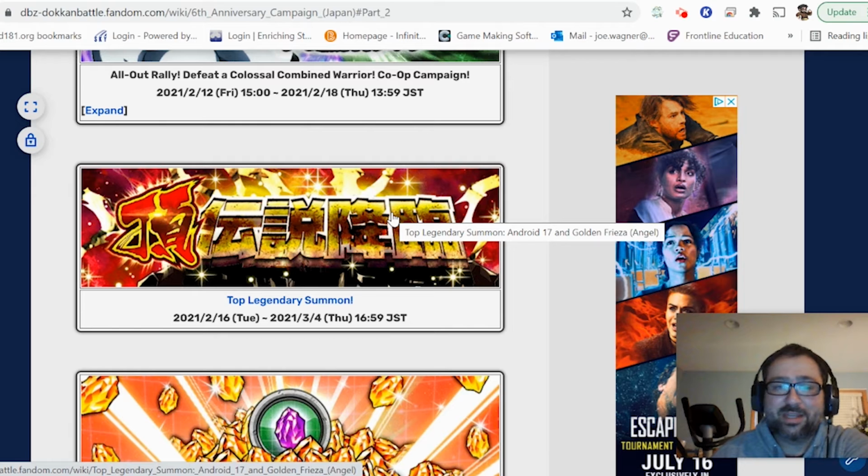If you haven't rainbowed them, just keep pouring them in. Or if you're absolutely done with those banners, then still don't summon on this. Save your stones, because